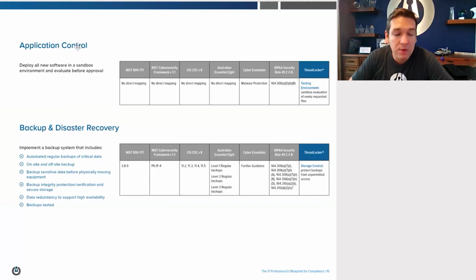So the final thing we didn't talk about is the great thing about application control is it stops anything from running. But what happens when a user wants new software? How do you test that environment and ensure that it's working? So one of the controls, it's actually more in the HIPAA rule, is the only direct mapping, requires that you test all software in some kind of sandbox or environment before putting it live, a separate environment from your real environment. So if you are using application control, though, it's a good idea to not just approve things that users request,